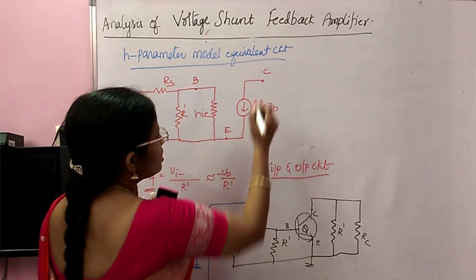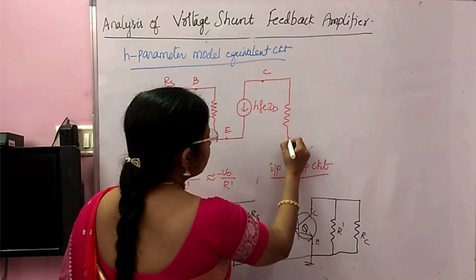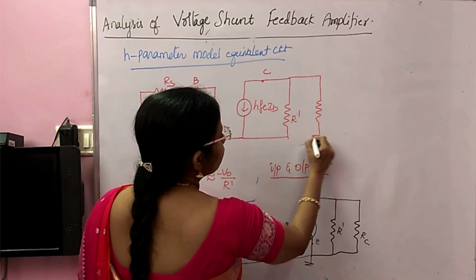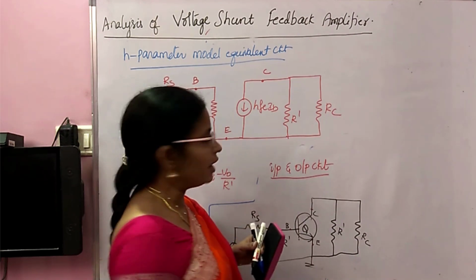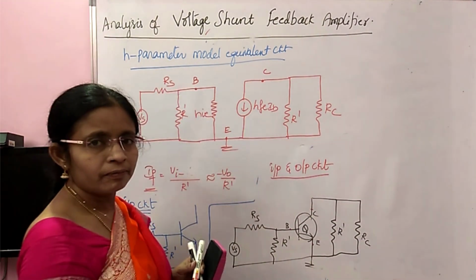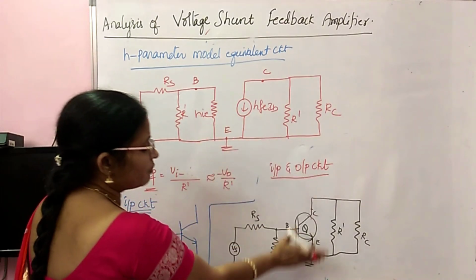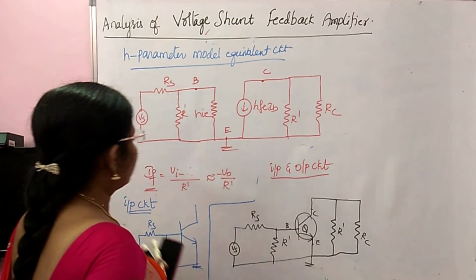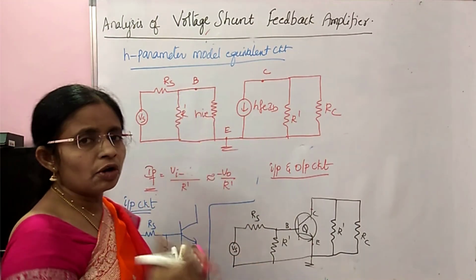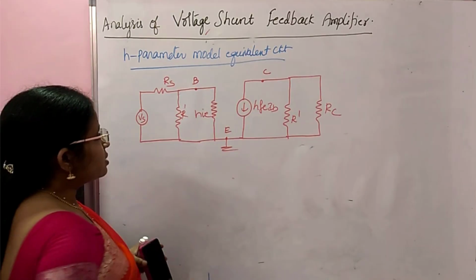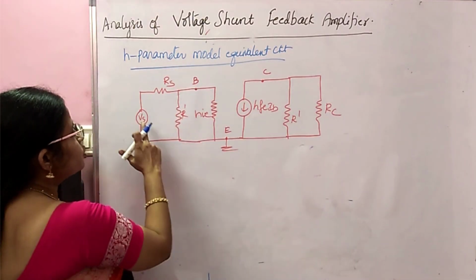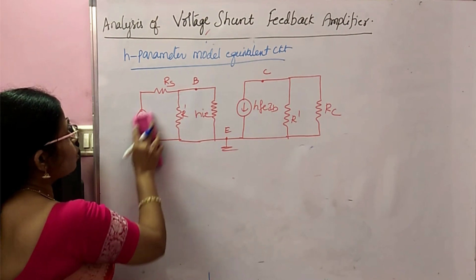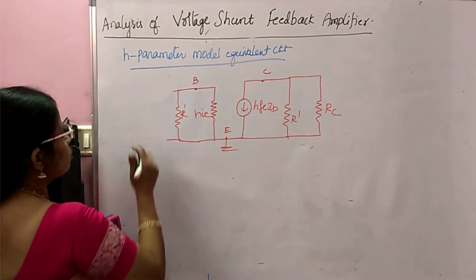Okay. Yes, here at the collector you have the resistor R dash and the resistor RC. Fine. Yes, the emitter is grounded. So this is the H parameter equivalent circuit for this circuit. Simply replace the transistor with its approximate H parameter model. Fine. So now from this circuit you have to find A, beta, Ri, R0, etc. Okay. See here, it is like a shunt circuit. So now we are going to apply source transformation for this Vs and Rs. If you apply source transformation, then the circuit becomes